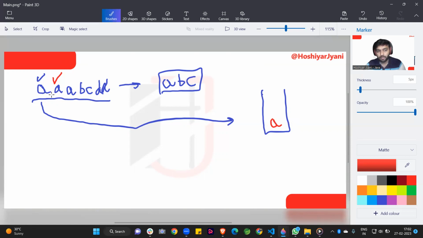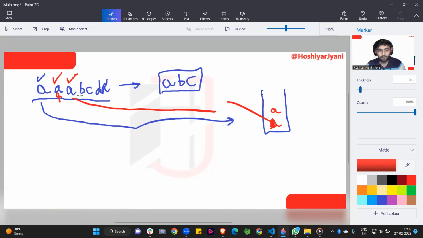If it is equal, at that time we can simply remove this element from the stack because we get the pair. Understand? After that, again we come to this position and also check if the stack contains any element or not. It is not containing, so at that time we push this element into our stack. So now a single letter is present here.